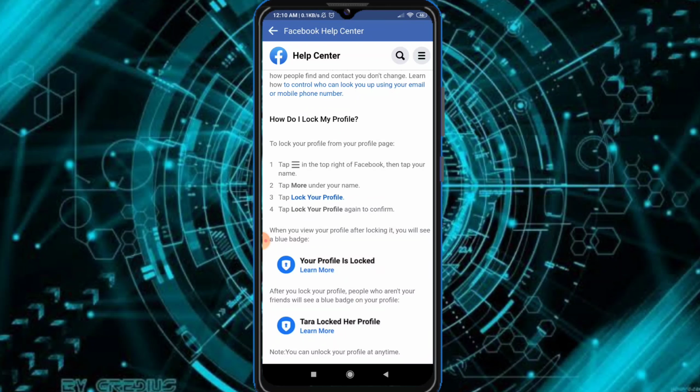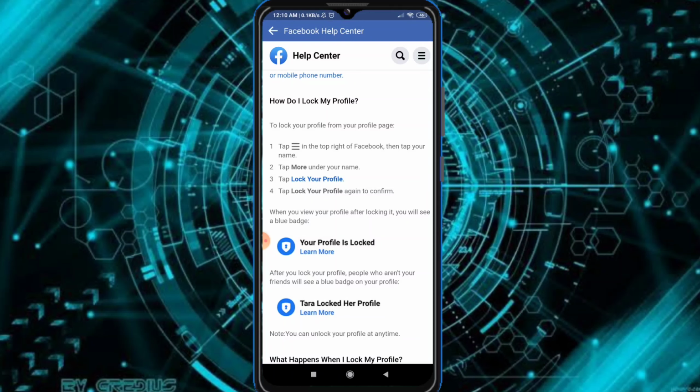To lock your profile from your profile page, tap in the top right of Facebook, then tap your name, tap more under your name, tap lock your profile. So I'm gonna click on it, lock your profile. Okay,